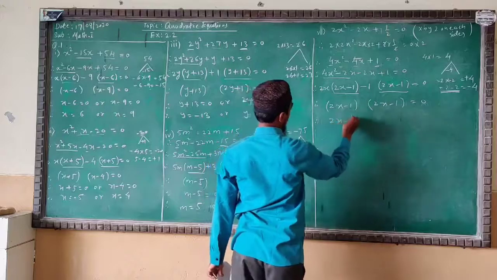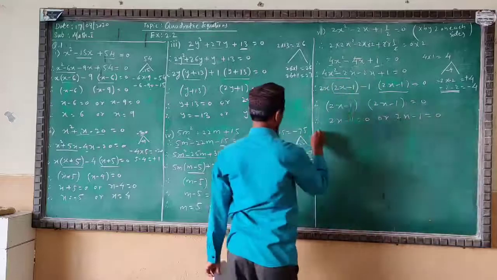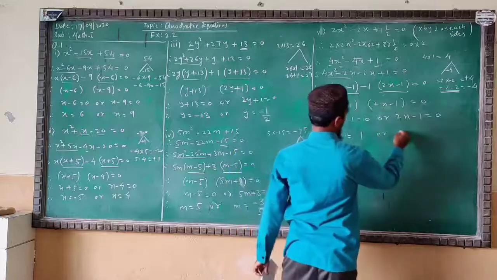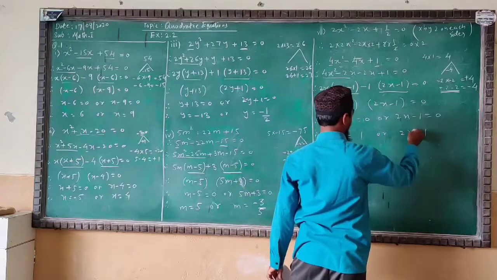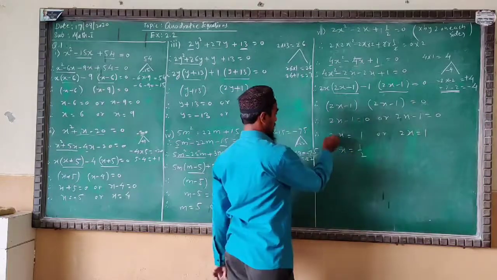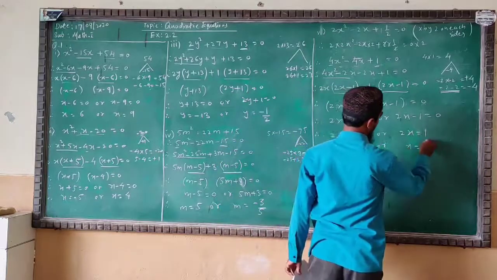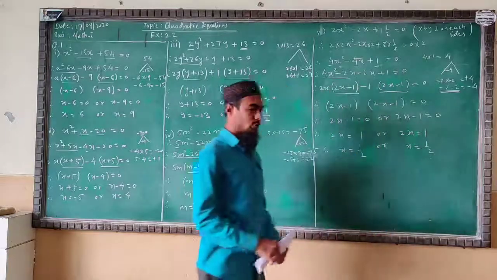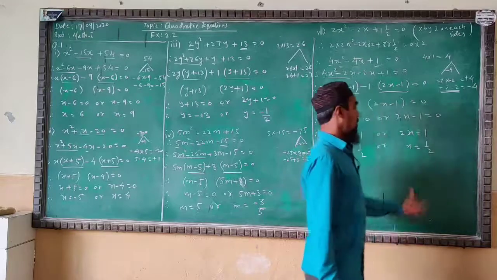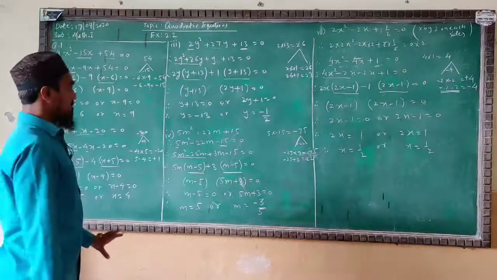You got here 2x minus 1 equal to 0. The other way, 2x minus 1 equal to 0. Next, you write here 2x minus 1, bring the right side plus 1. Or here also 2x minus 1, bring the right side plus 1. Therefore, finally the answer is that x is equal to 1 by 2. 2 is multiplying, so it will divide the right side number. Same thing here, x is equal to 1 by 2. Here we got the solution x equal to 1 by 2, or in the other way we got x equal to 1 by 2. This question 5 you will repeat many times at home.